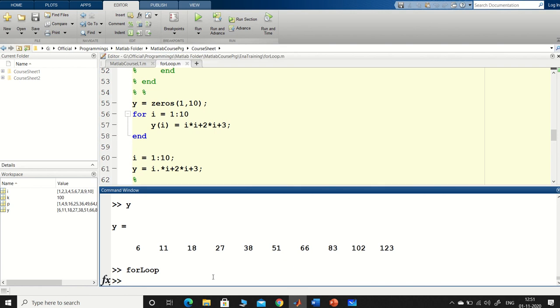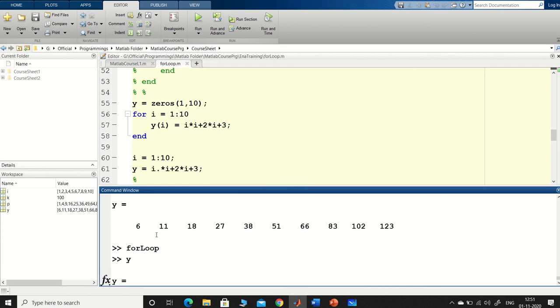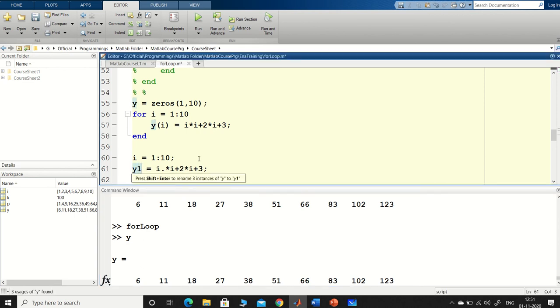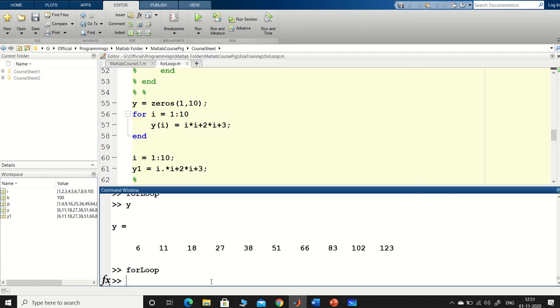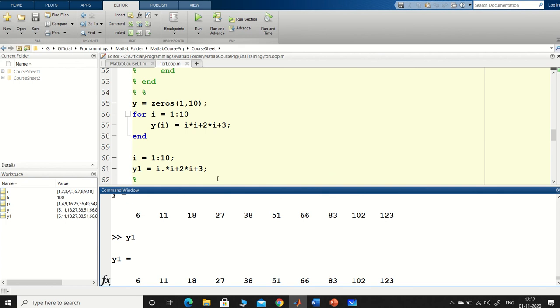So if you see, the last y value will give you the same value as the previous one. Okay, so see, these values and these values are matching. If you want to compare this, you can put y1, so that y1 will not match with this y, and we can compare both of these two values. So y, which was calculated from the for loop, and y1, which is calculated vectorially, both are exactly the same.